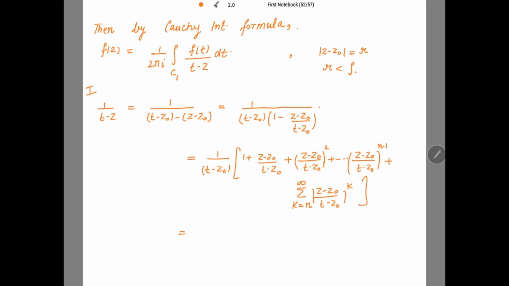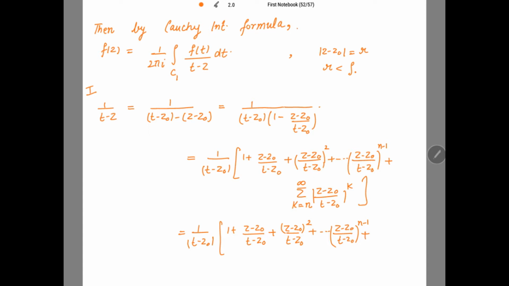Next, now what to do? This is the sum of infinite terms. Now this sum is a GP, so whenever you have a geometric progression with an infinite number of terms, what is the sum? First I write the terms: 1 over (t minus z0) times [1 plus (z minus z0) over (t minus z0) plus [(z minus z0) over (t minus z0)] whole square, up to [(z minus z0) over (t minus z0)] to the power n minus 1,